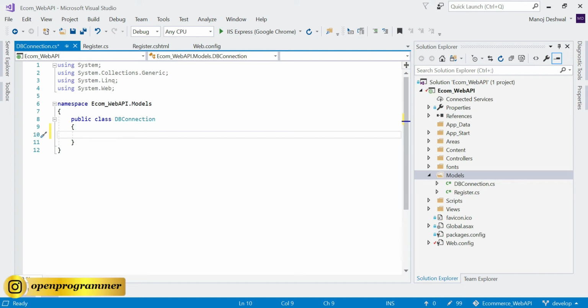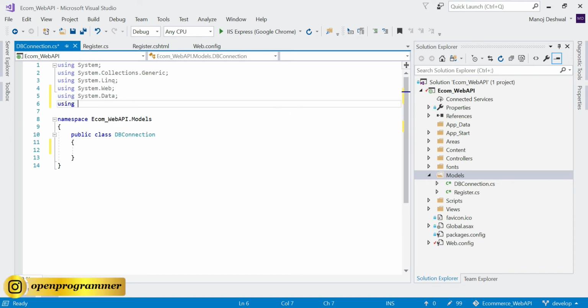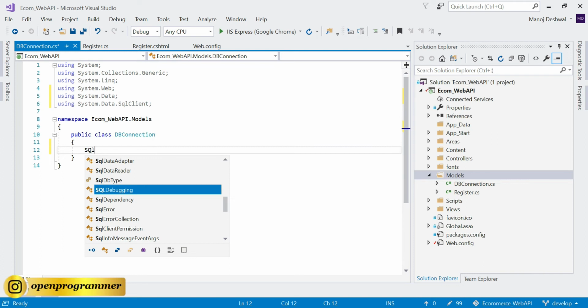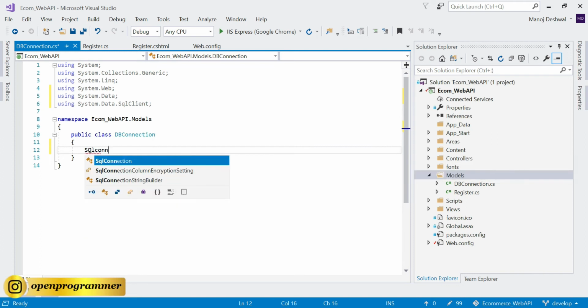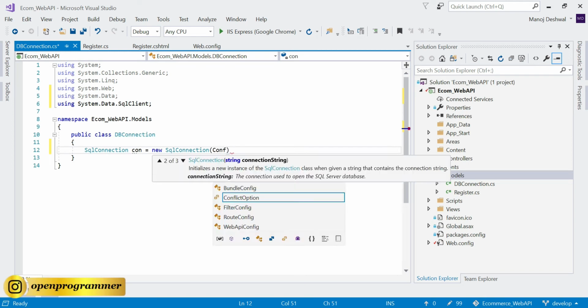For that, first we need to import some namespaces: using system.data, using system.data.sql client. First create SQL connection equal new connection, and here we'll use configuration